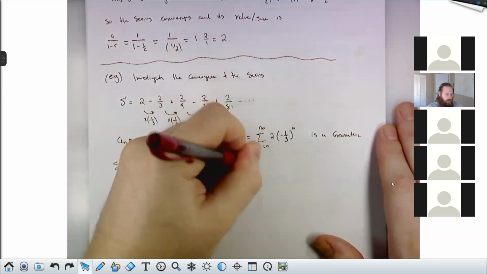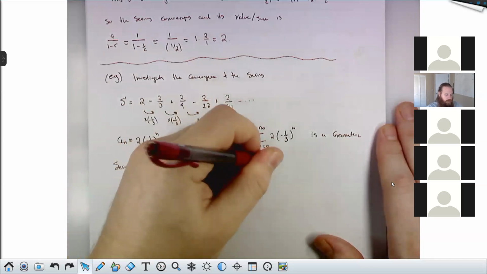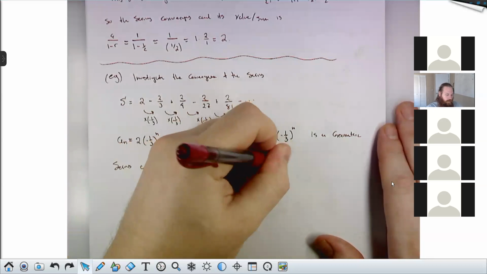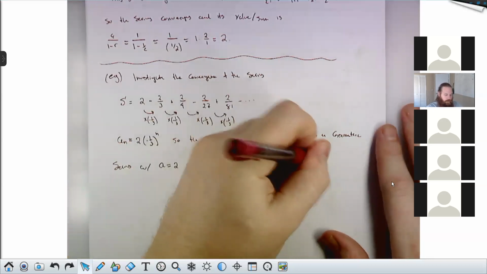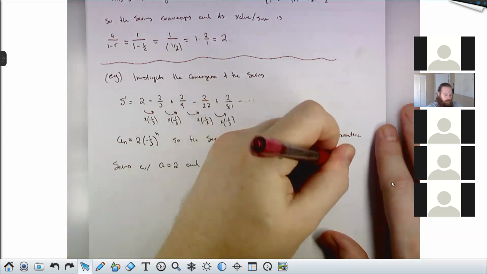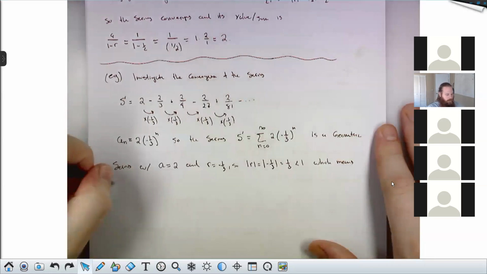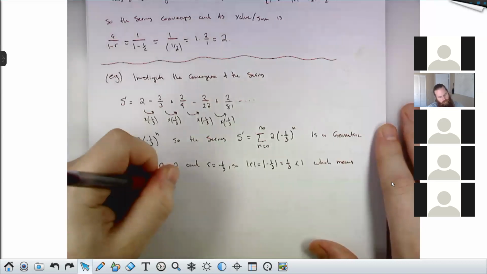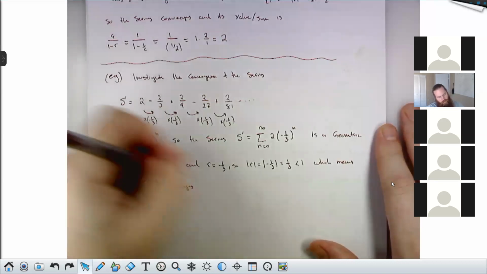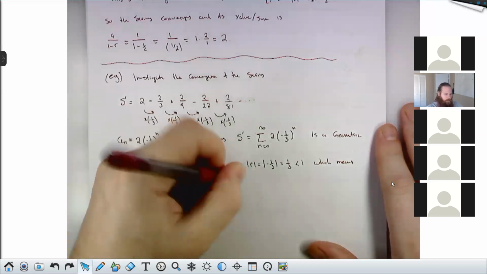So the absolute value of r, the absolute value of negative 1/3, is 1/3, which is less than 1, which means the series converges and has sum